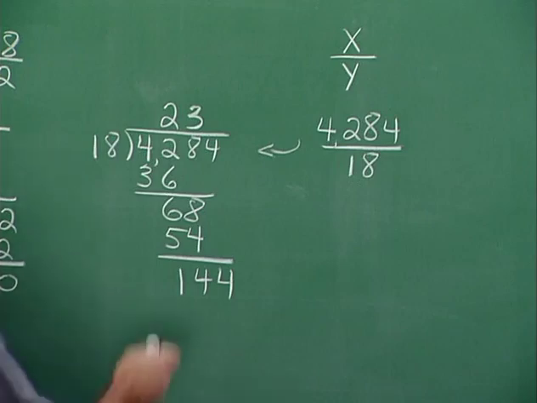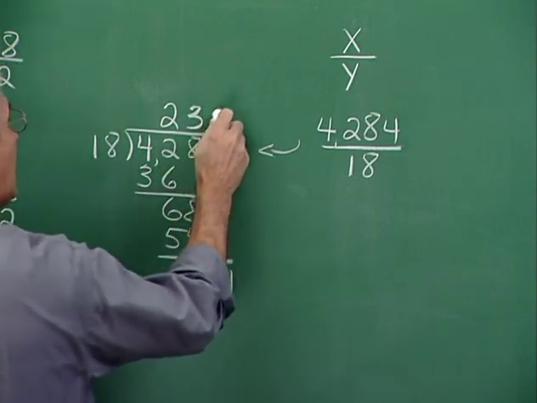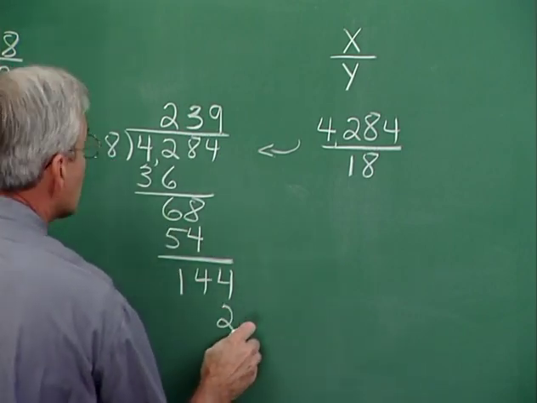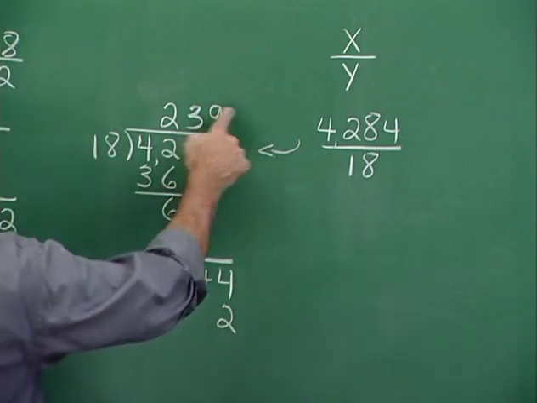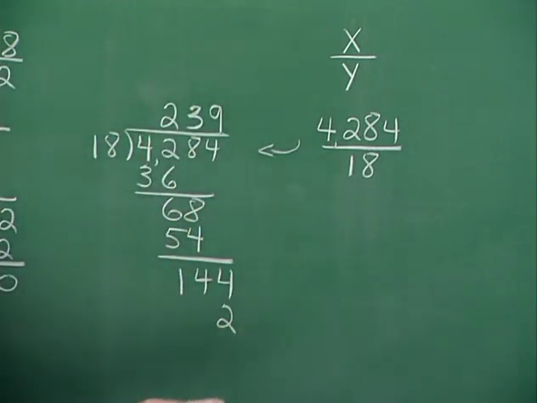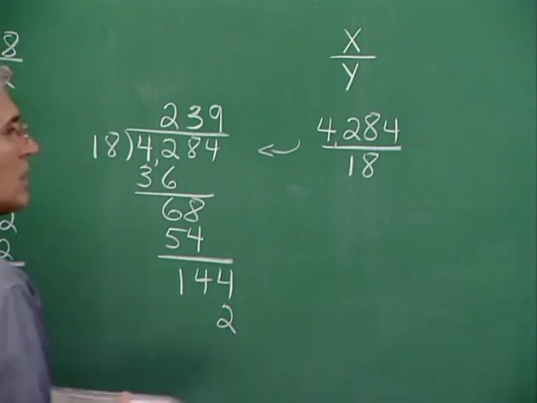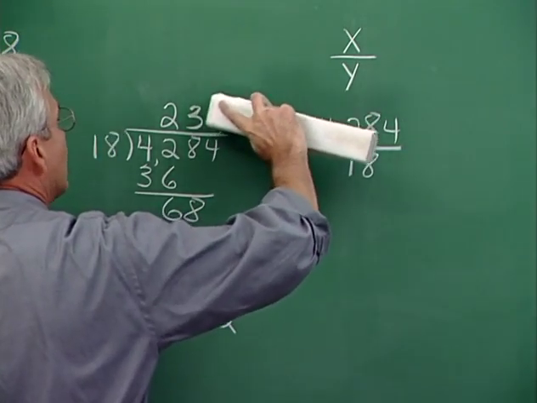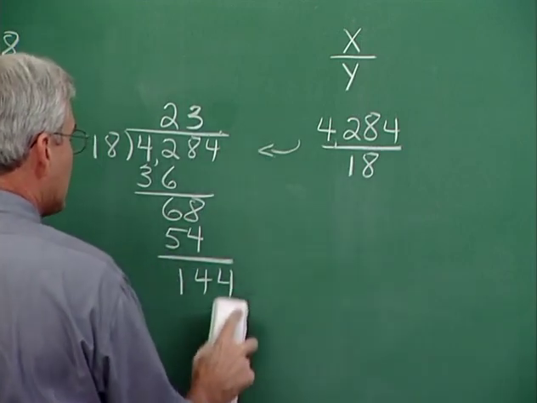I suspect that this is probably going to be about 9 maybe. 9 times 8 is 72. Carry 7. 9 times 1 is 9 and 7 is 16. That's too much. See, now this becomes a study in trial and error when you go through this, and I'm sure you know that from past experience. All right, well, let's see. I've got